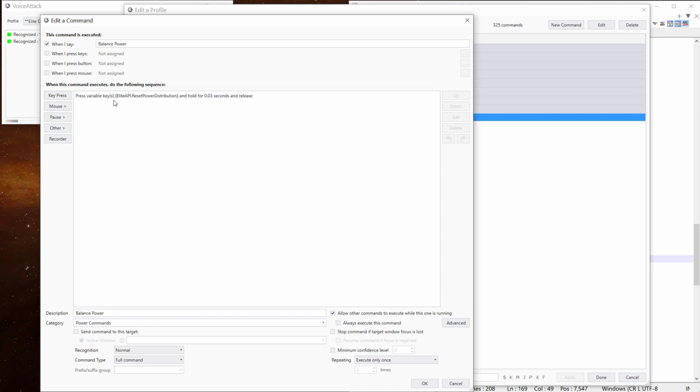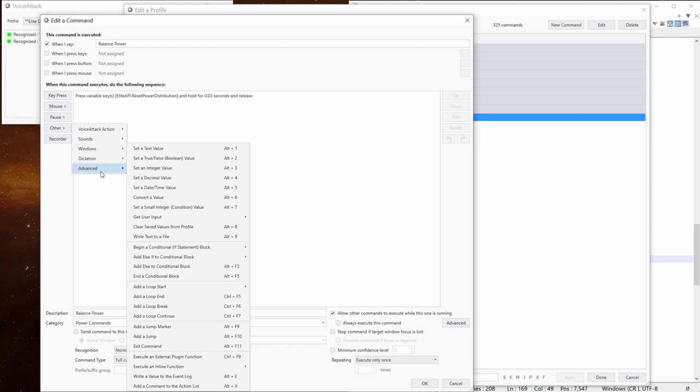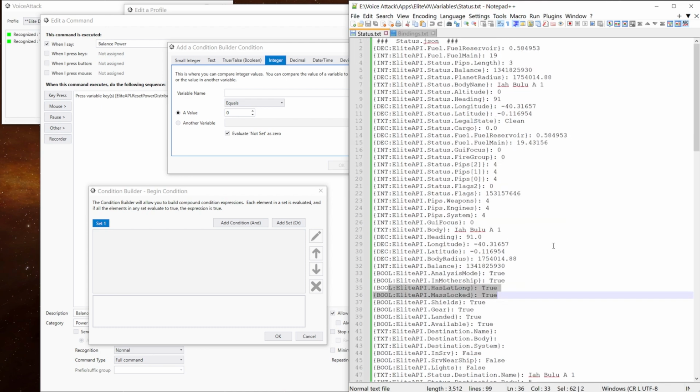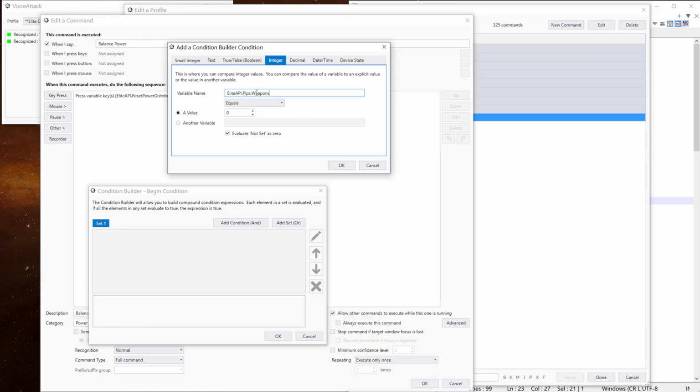What we want to do is a condition in here now. We want to check to see what the PIPs already are. So we want to go Other, Advanced, Begin, Compound Condition Builder. Okay. Now we need to have a look at the status file. Ignore these ones here. We want these ones. So we're looking at weapons. If that equals 4,